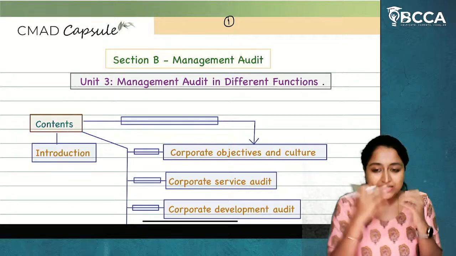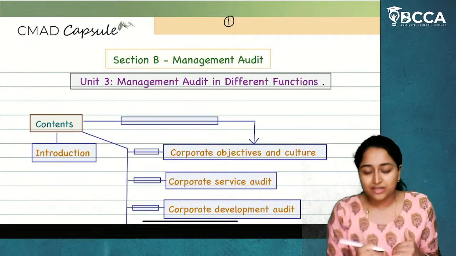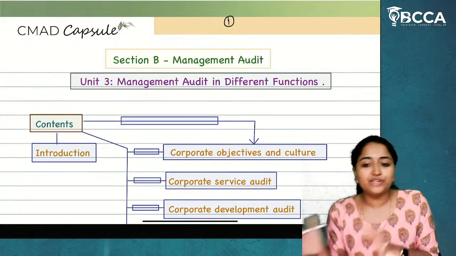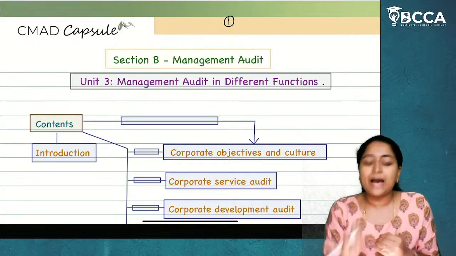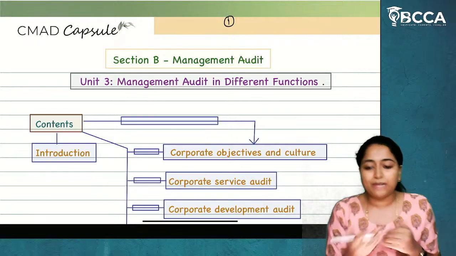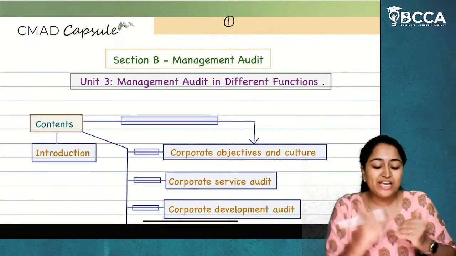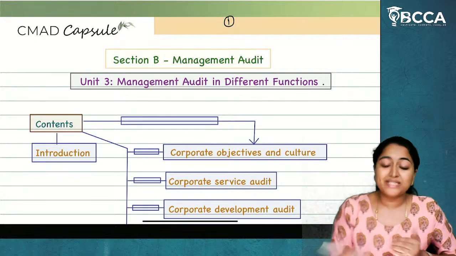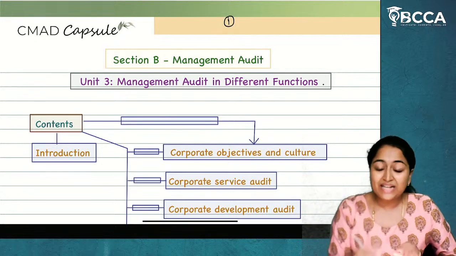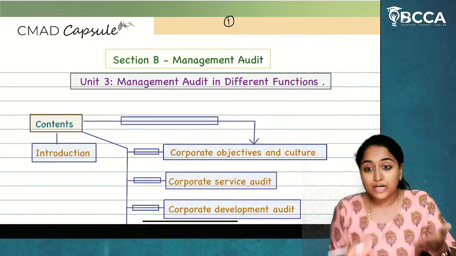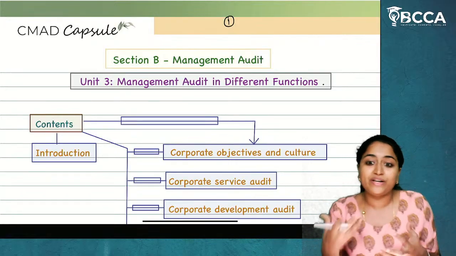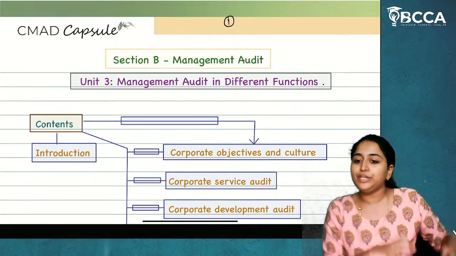So, internally in the organization, we have different sectors. In those different sectors, how the performance is happening, how the decisions are being taken by the management, and for each thing, how they are trying to make progress, process, and improvement. Regarding that, they will do the analysis and prepare a report regarding those key business metrics. What kind of analysis they will do, we have covered in unit 2.